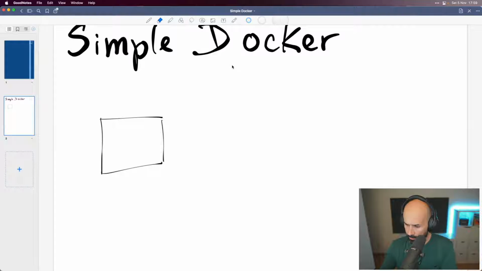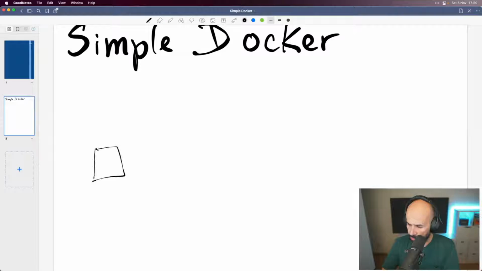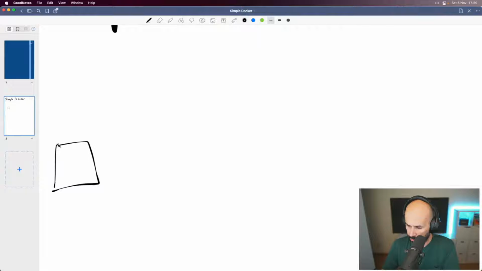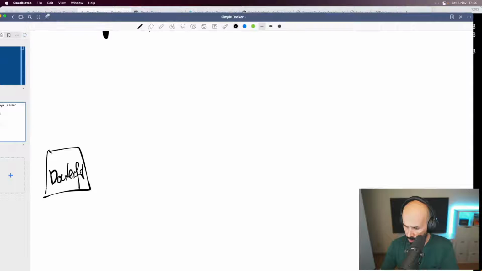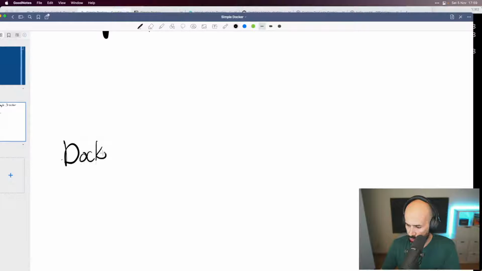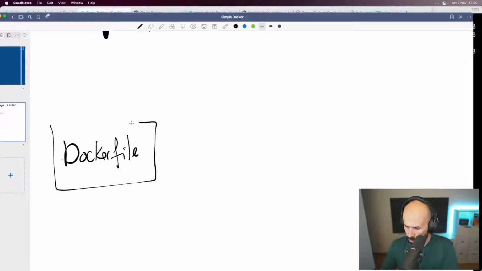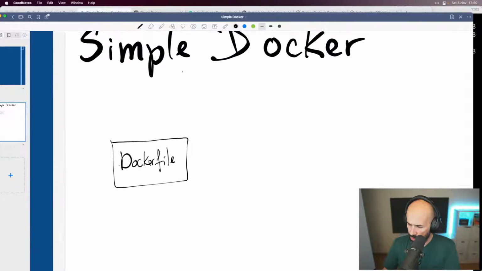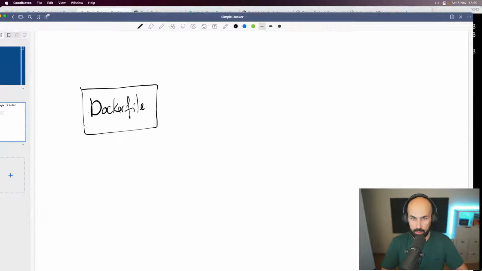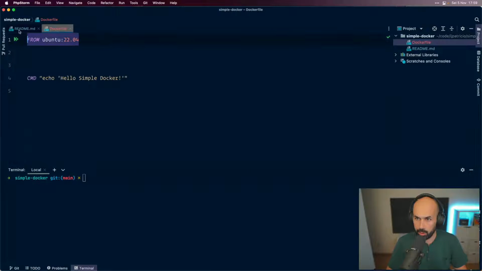What we did was that we had our Dockerfile in our computer, and this Dockerfile was requiring this image and adding this command.